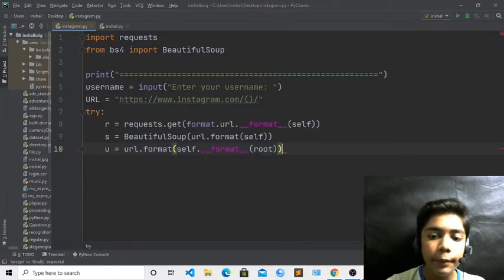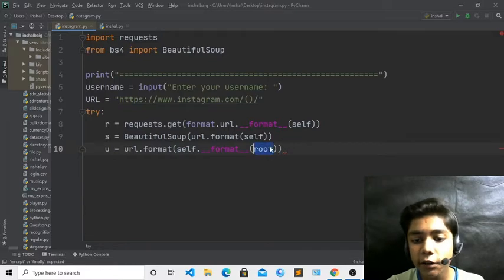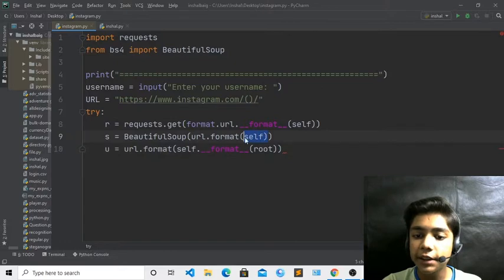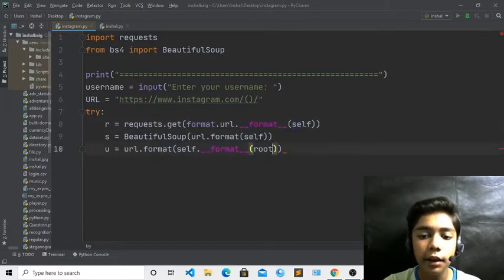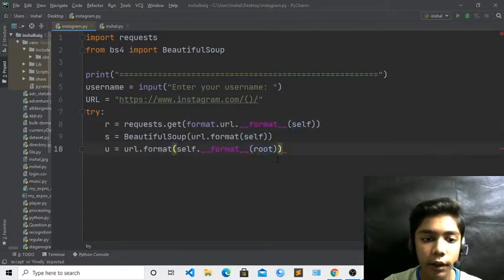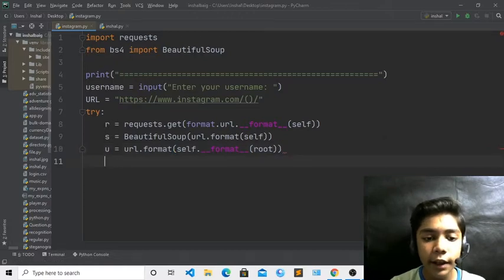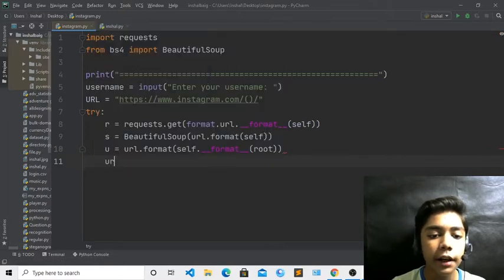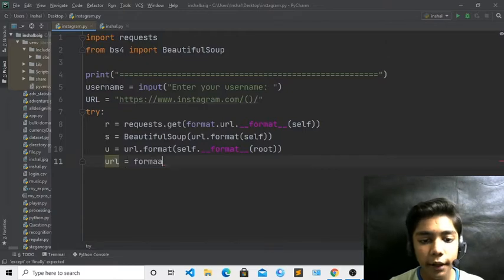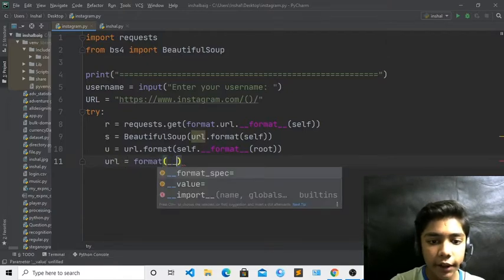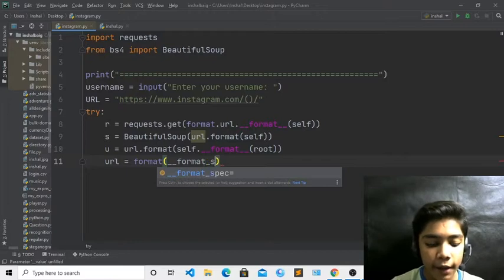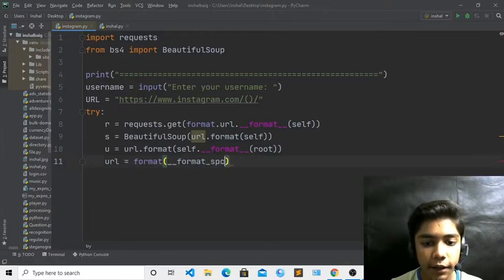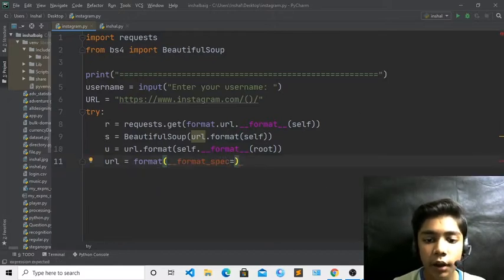I am defining this root because, as I was telling you, self is a good tag, but in this you have to define root because when it debugs the error 2 times, it will not debug another time, so we have to define root over here. So now in the last we will define our URL like I was telling you. So I will write url equal to format. Format, which will be like that, format spec. Here just backspace spec over here, and now I will define property. So now in this I will define my URL.